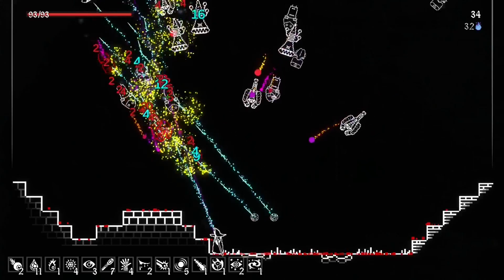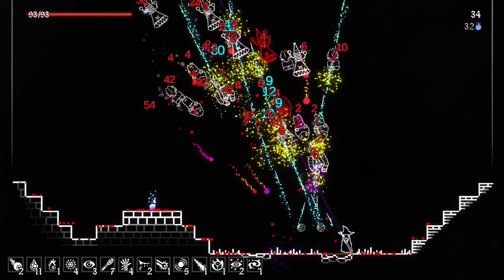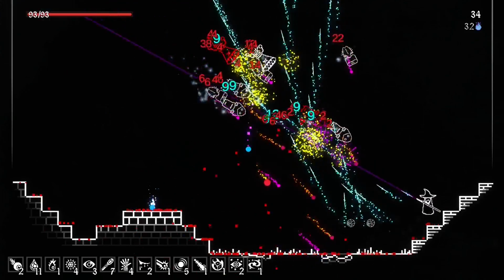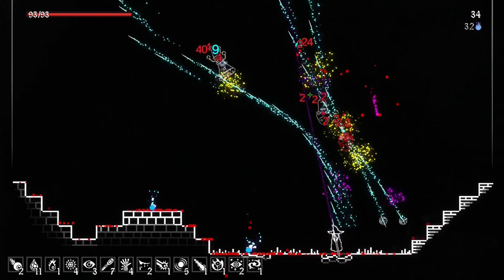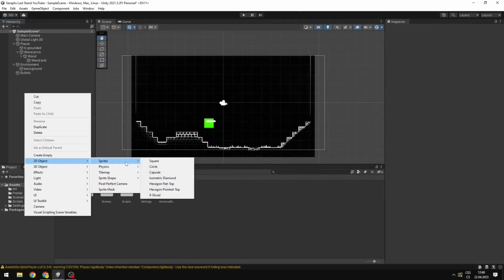Today we will add some enemies and create the enemy AI for our Seraph's Last Stand game, and we will also add some enemy spawning. Let's get started. I will begin just by creating the enemies, so we can right click to the object and